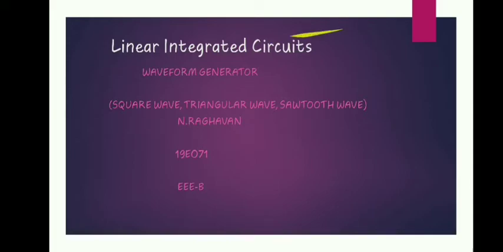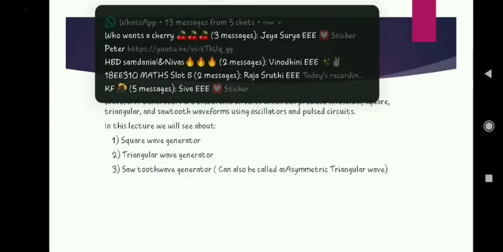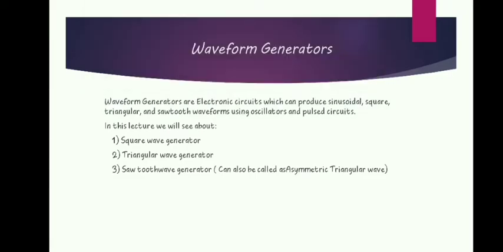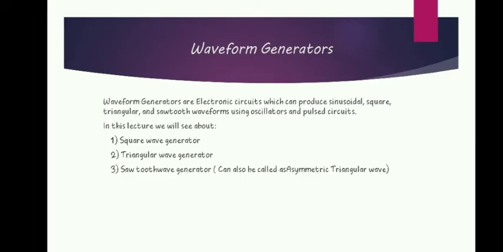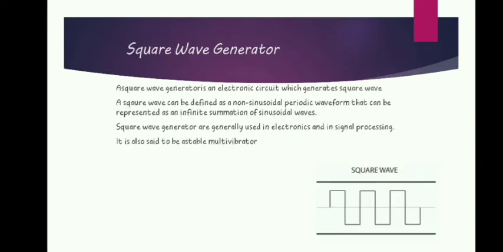Electronic systems use an extremely wide variety of signal waveform types and shapes, which may differ from the basic sinusoidal to those created by the waveform generators. A waveform generator, also known as a function generator, is nothing but a device or circuit that produces a variety of different waveforms at a desired frequency. It can generate square waves, triangular waves, sawtooth waveforms, and also sine waves, as well as other types of output waveforms. Now, let's see about square wave generator.